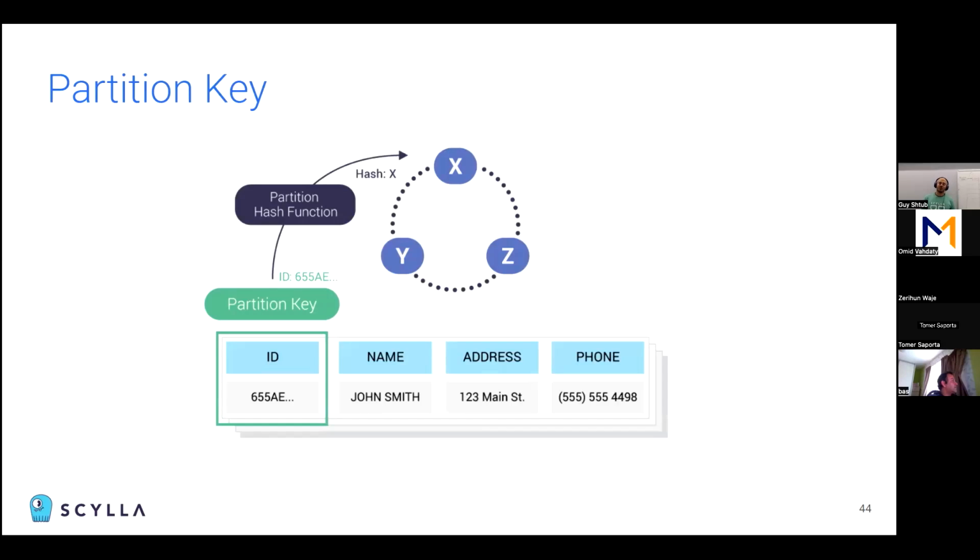So partition key. This is an important concept when thinking about our data model. And if we have time, I'll talk a bit more about this. So what happens in the database when we read or write data? What happens under the hood is that we have a partition key. Here we have an example with a row. It has 4 columns: ID, name, address, and phone. And the partition key was defined as the ID. And when we read or write data,